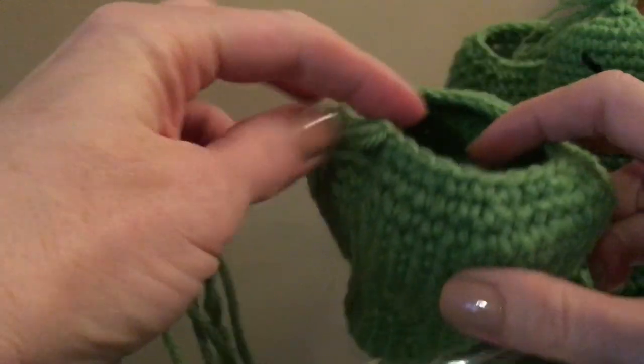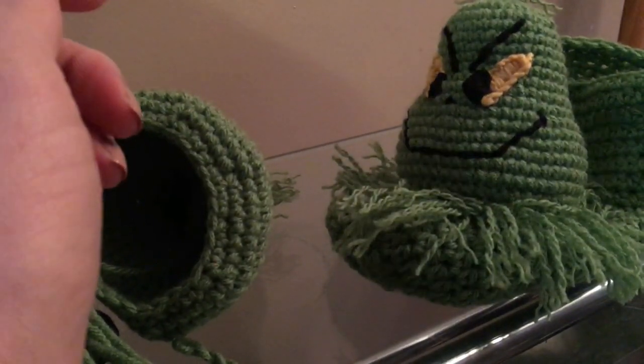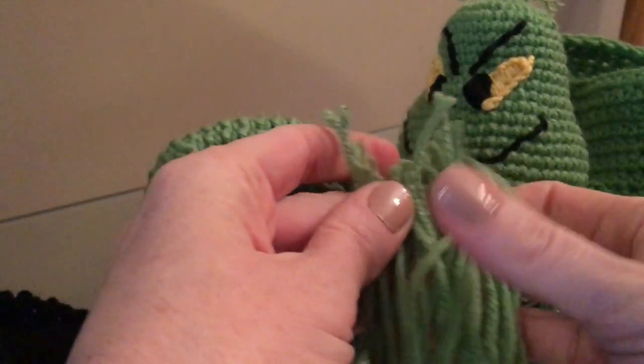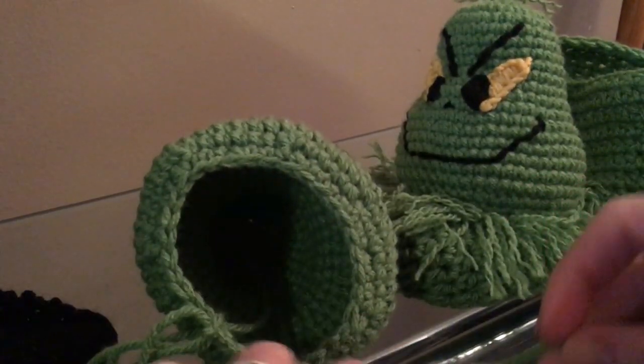Okay, so now that you finished the hair, we're going to work on the collar. The collar is just a very fringy, scruffy looking collar. And what we're going to do is cut a bunch of strands to your desired length. It doesn't even matter, but I did mine the same as I did the hair. That's how long I did these strands. So you're just going to take your crochet hook